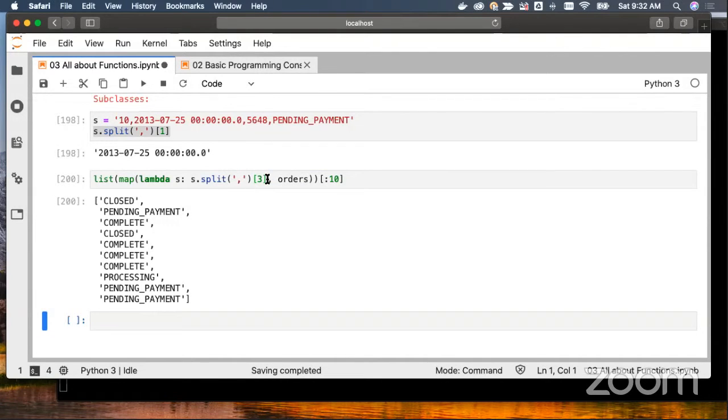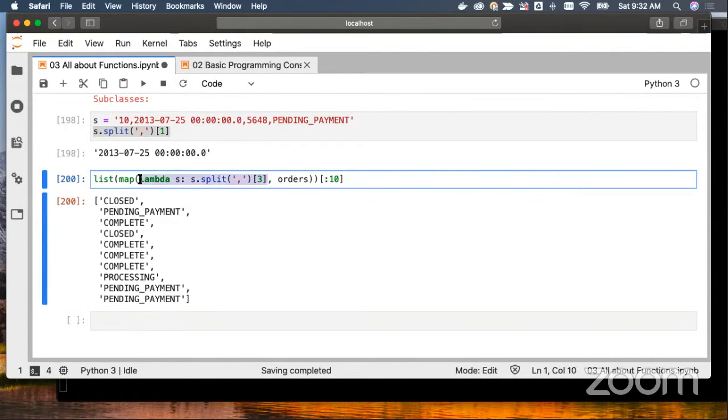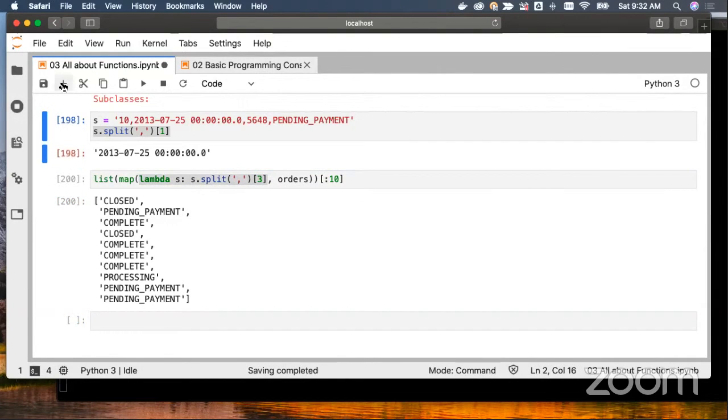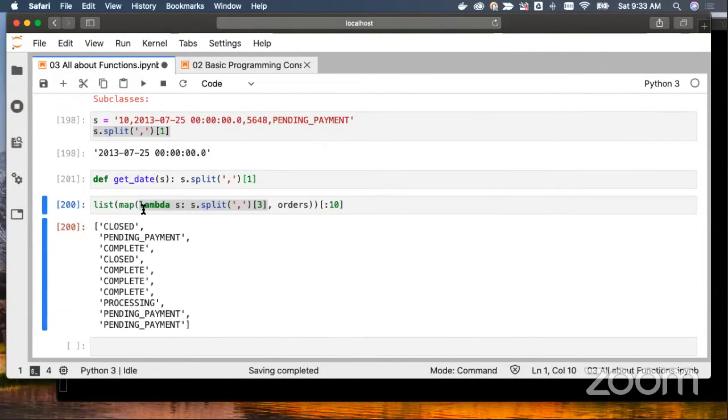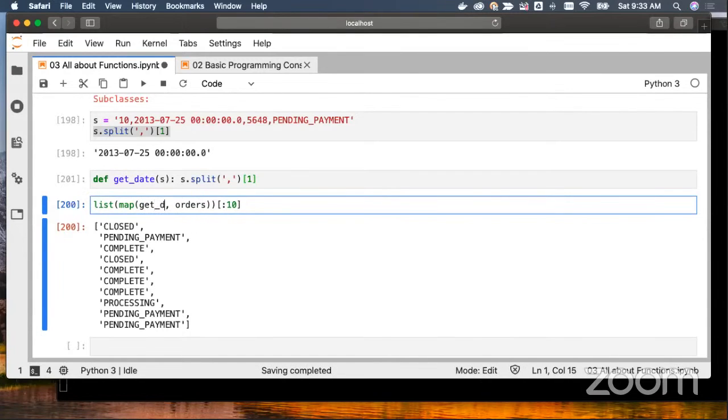Now if you want to use a named function instead of this, all you need to do is create a simple function by saying def get_date, which gets the date from the string, and then you can say s.split using comma, and you take index 1. And this is the function, and I can just say map of get_date. That's it. Now if you run,